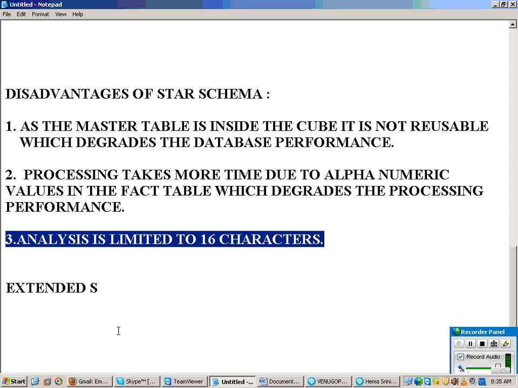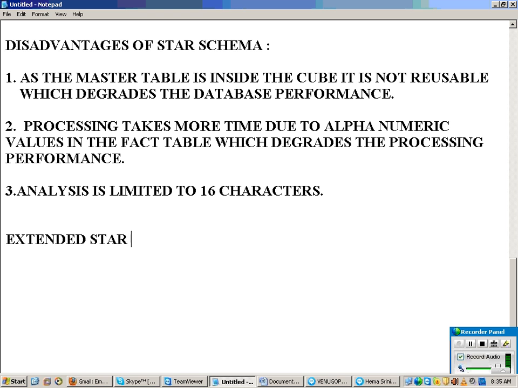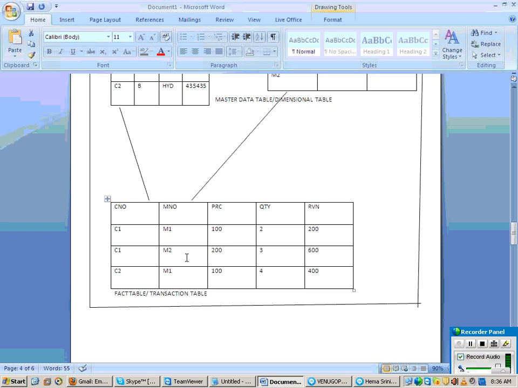So now, to avoid this, we are going to discuss it. Now, our BI database is built on what? The extended star schema design. I will tell you 3 points. With each point, one disadvantage will be overcome. Yes, the way you are looking at the data is nothing but your dimension, right?